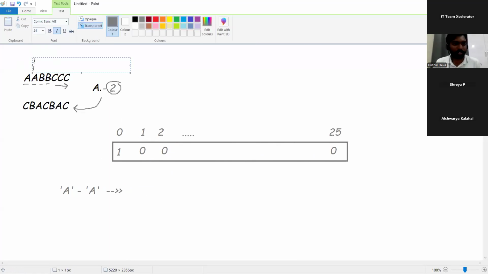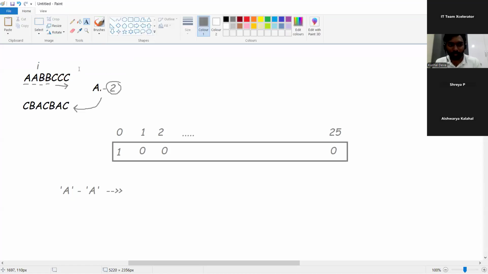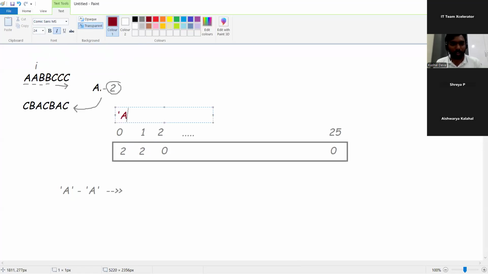Now next, I'll go with the next value of A. A minus A, what do you get again over here? Again it's 0. So again I'll increment in place of A by 1, then you get the value 2. Similarly, in the place of B, it would be 2. Here 0, 1, 2 means I'm assuming the values are A, B, and so on, until the last one, the value Z. Here we are trying to create the logic from scratch, guys.